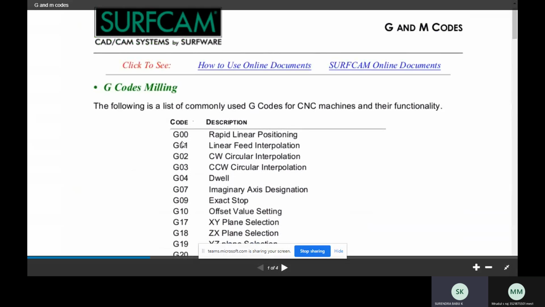I already told you that G00 is your rapid linear positioning, and G01 is your linear feed interpolation, along X, Y, Z, like a straight line, and then perpendicular, all these things. G02 is clockwise and another is counter clockwise. This is also very important, like your clock. G02 is clockwise circular interpolation, G03 is counter clockwise circular interpolation, and G04 is the dwell, and G07